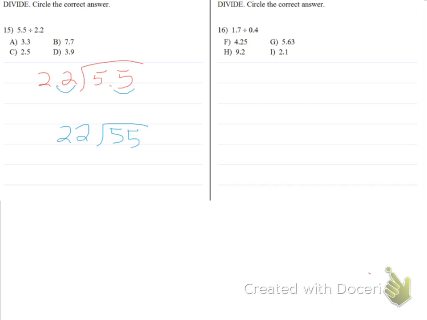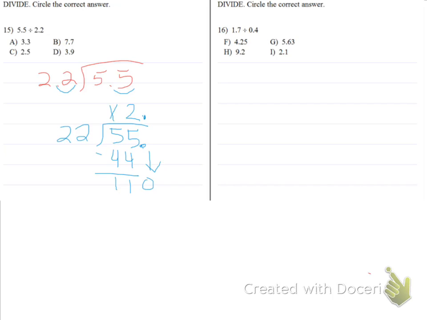Okay, so 22 doesn't go into 5, so don't put anything there. But 22 goes into 55 2 times, so 22 times 2 is 44. And now there's a remainder of 11. At the end of 55 there's a decimal point, so make sure you have one right above it. Okay, you could bring down the next 0 because there's an infinite number of zeros, so it's now 22